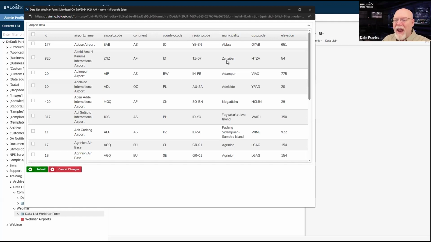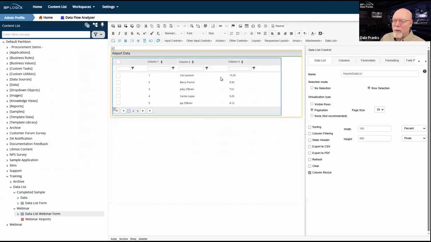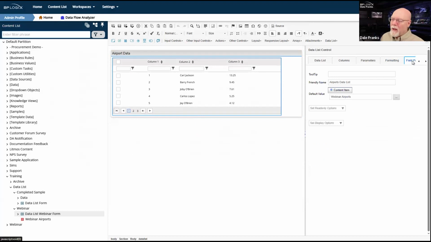So now that I have this and I have data, let's again talk about how we're getting the data in here. Just like setting a knowledge view control on a form, or some of the other things where we use content list items, like whenever we're doing case management, we need to pick a content list item as the data source for it.